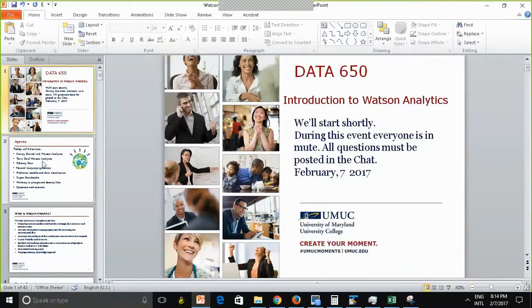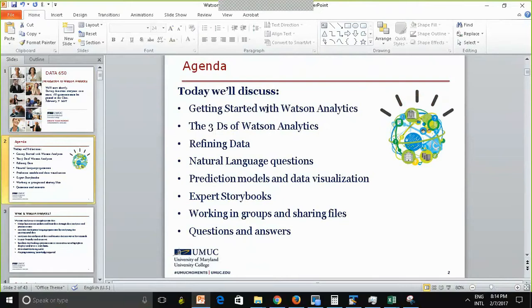All right. So here is the meeting's agenda. I'm going to help you get started with the Watson Analytics application. We're going to discuss the 3Ds of Watson Analytics. Then we're going to discuss refining, which is basically the same thing as data pre-processing. And we're going to discuss the natural language questions. We're going to talk about the prediction models and data visualization. And then I'm going to show you how to prepare the expert storybook, which is going to be the end result. You're going to present your findings. And I'm going to show you some tips on how to work in groups,